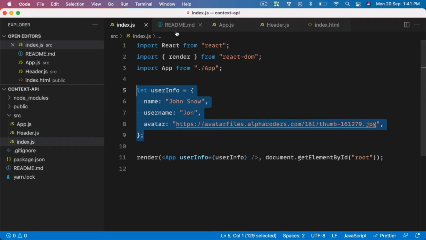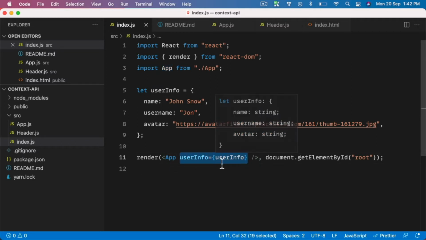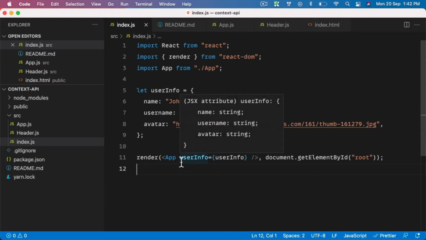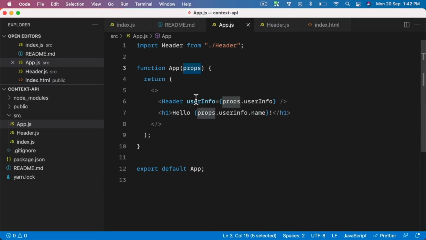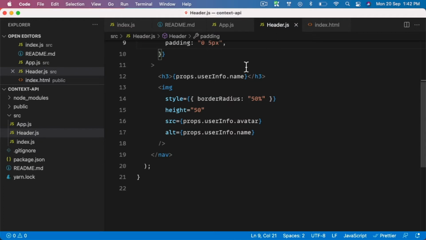The first thing is why we have defined the username here. The reason is that this information is needed inside app and header, and the parent of app and header is index. So we have the information here. We are passing the data from index to app because the only way to communicate between two components is using props. And the data always moves from top to bottom, right? So we are sending data from index to app using props. The data goes into app, we access it, and then we forward the data to header. So that's the structure of the app right now.